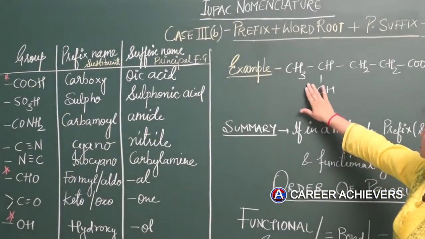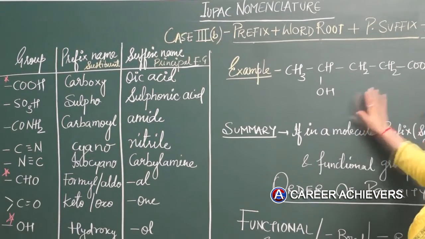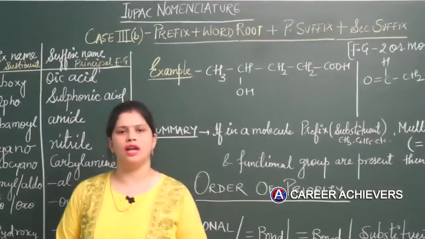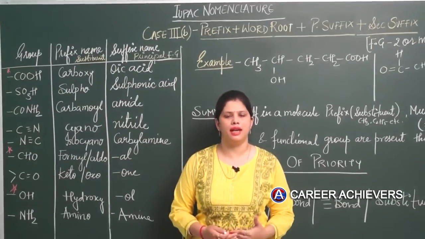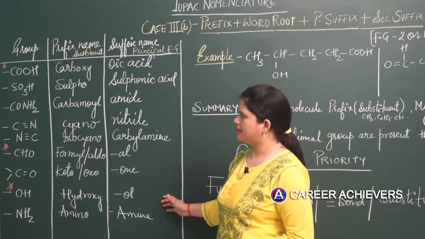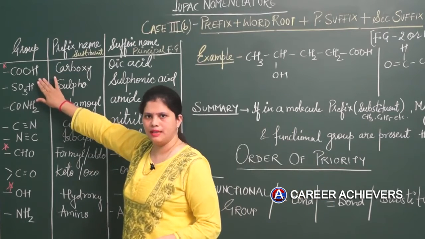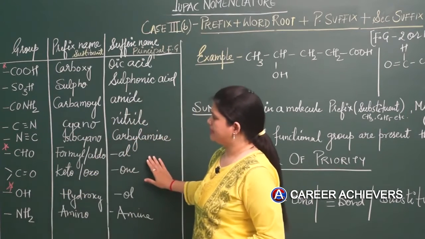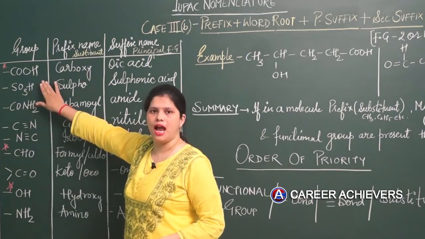See this example. Herein we have this molecule wherein we have two functional groups, carboxylic and hydroxy. So if two or more than two functional groups are there and we are not able to decide which is supposed to be taken as functional group or how to write the names, then in that case this table has to be referred, right? This is called the seniority table. Why? Because in this example we have two functional groups, carboxylic functional group and alcoholic functional group. So we can very well see position wise carboxylic acid is coming above hydroxyl.